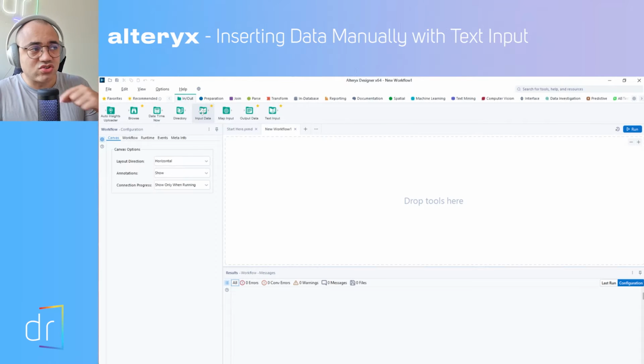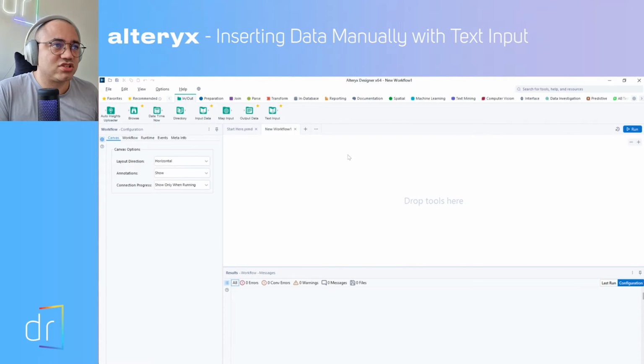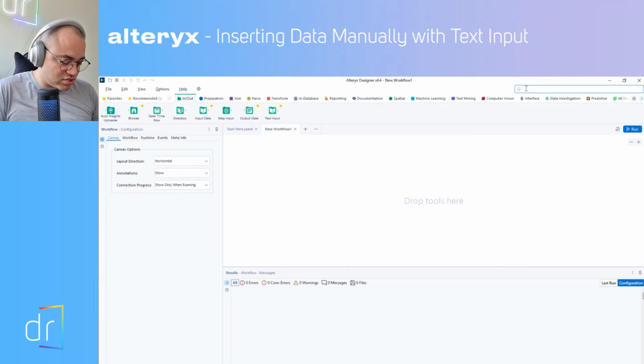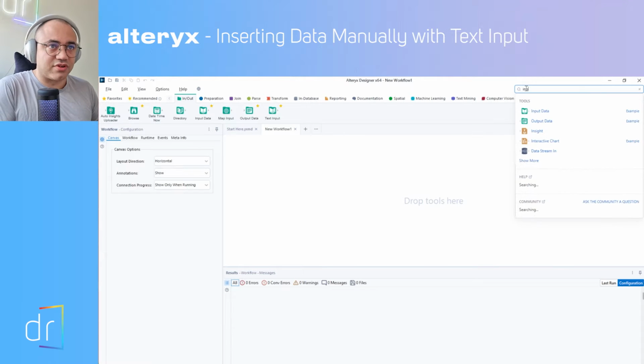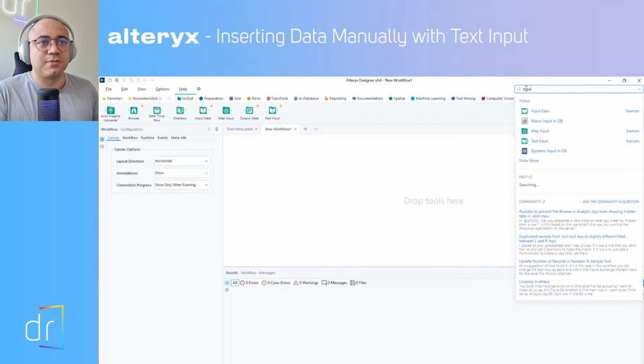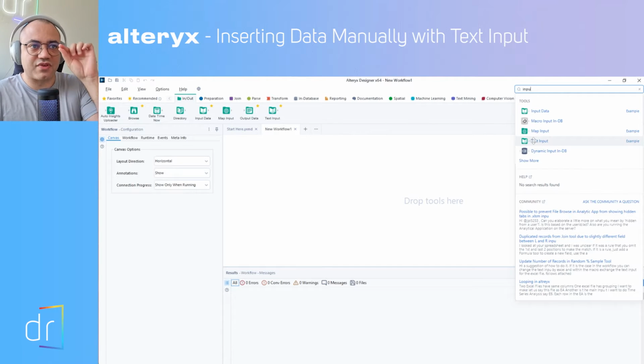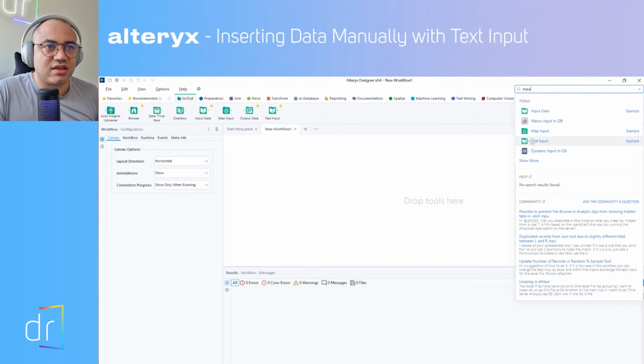There is also one more way to do that. Just move on to the right corner over here, and in this search bar you can type input, for example, and then you will see a lot of tools related to this word input. So the text input is this one, with this book with a kind of 3 points that you can see on the right side of the book. Okay, this is the tool. However, guys, I will select my tool from the left.